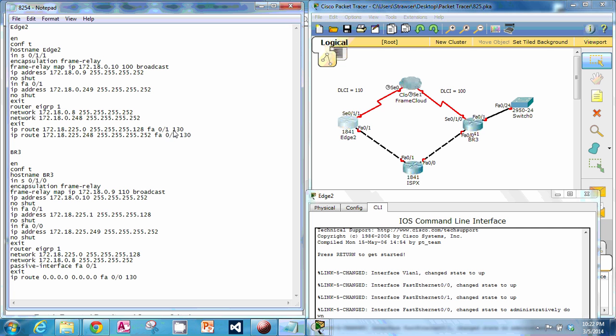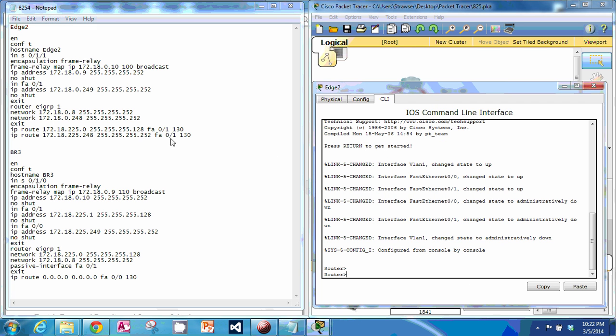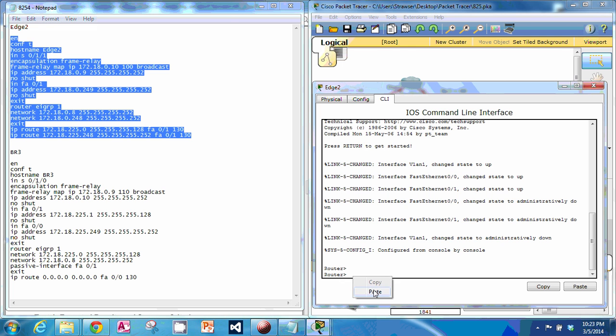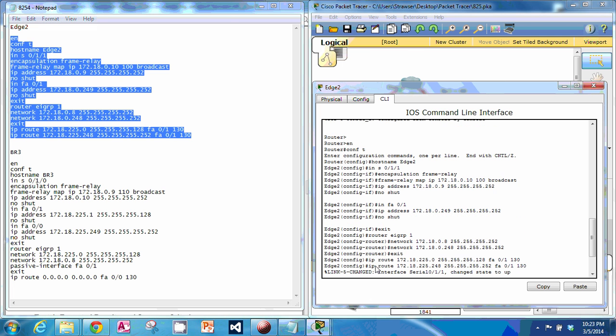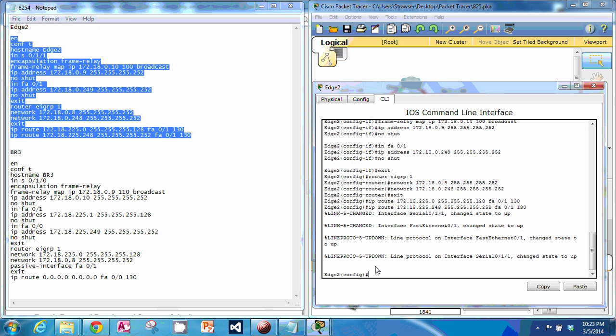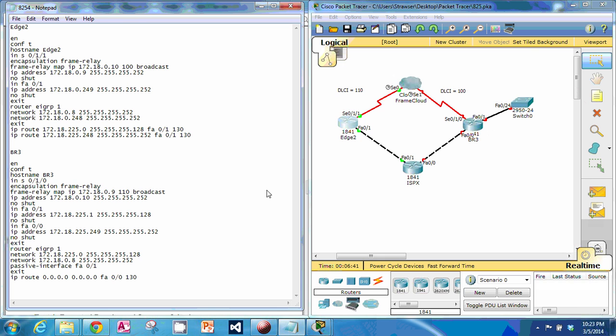And then we're setting the administrative distance to 130 on both of those. So we can go ahead and get all that and put it in. And doesn't look like there's any errors with that. So we can move on to